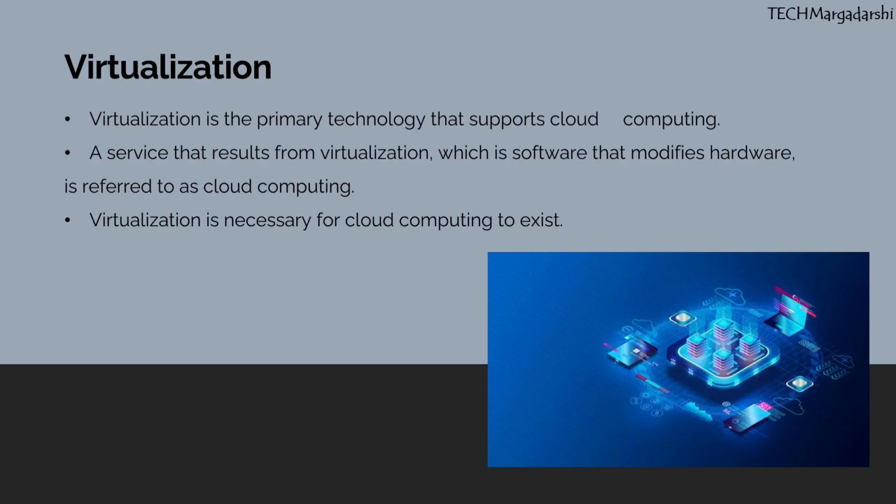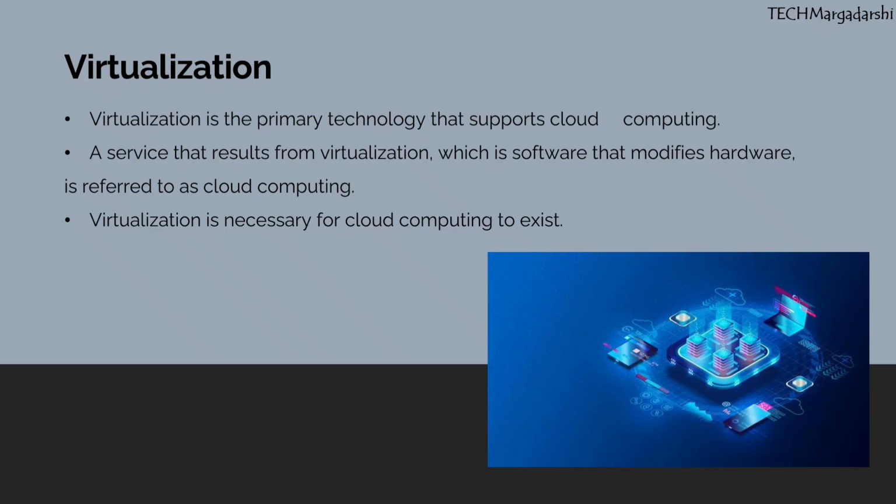Now let's move on to the third topic, why virtualization is important. Now we come to one of the most important topics in cloud computing, virtualization. Virtualization allows one physical machine to behave like multiple virtual machines. For example, instead of running one operating system on one server, we can run multiple operating systems on the same server. Each virtual machine has its own OS, its own memory, its own CPU allocation. Without virtualization, cloud computing cannot exist. Resource sharing is impossible. So remember, virtualization is the foundation of cloud computing.